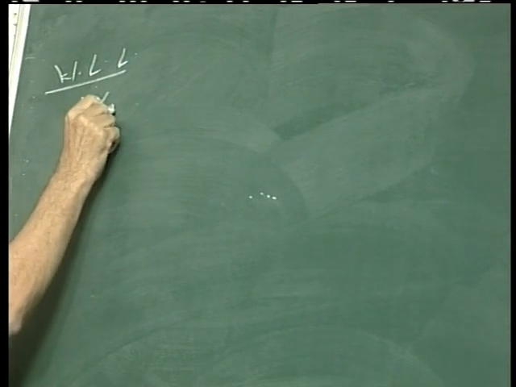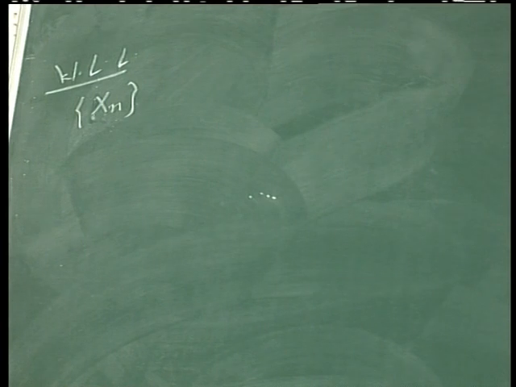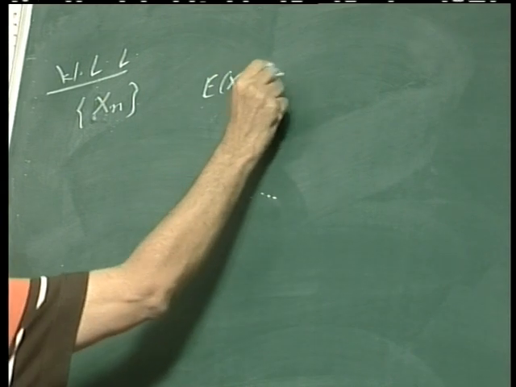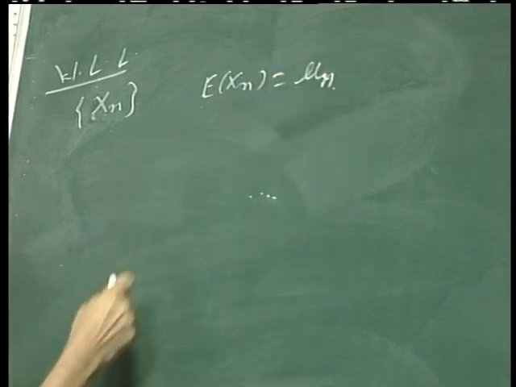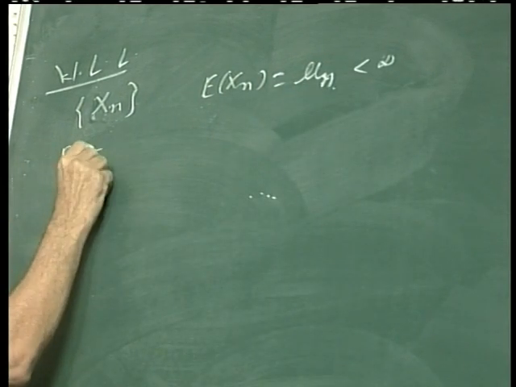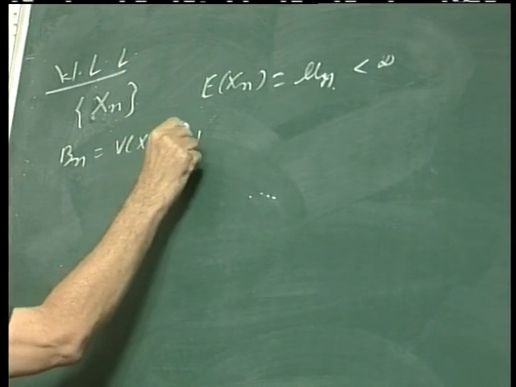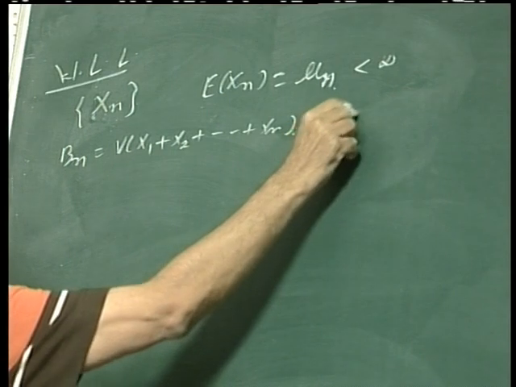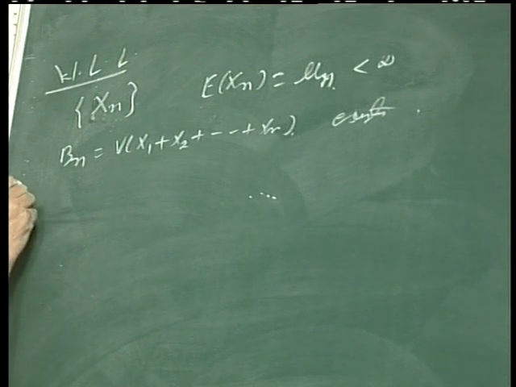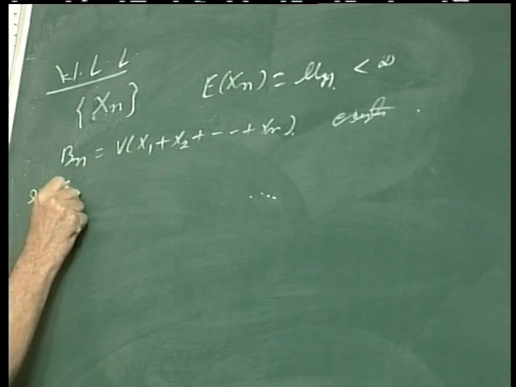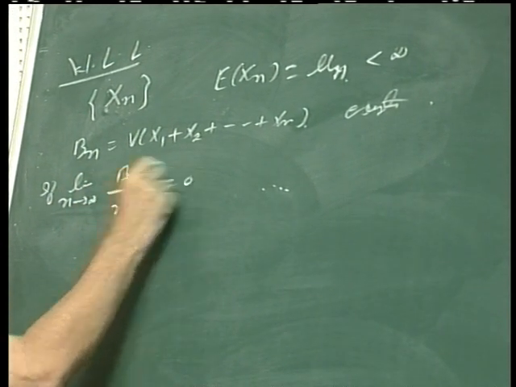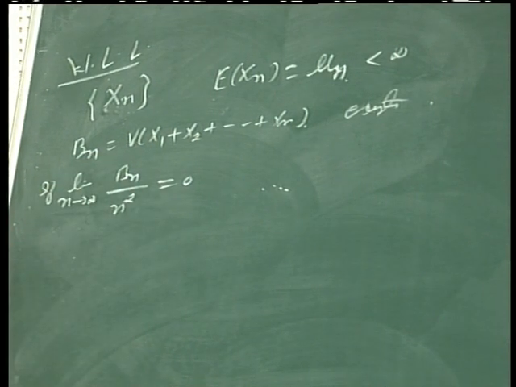Let xn be a sequence of mutually independent random variables such that expected value of xn is equal to say mu n exists, means it is a finite quantity. Say bn is equal to variance of x1 plus x2 plus xn exists. Then, and if limit n tends to infinity, bn upon n square is equal to 0, means bn upon n square tends to 0, then